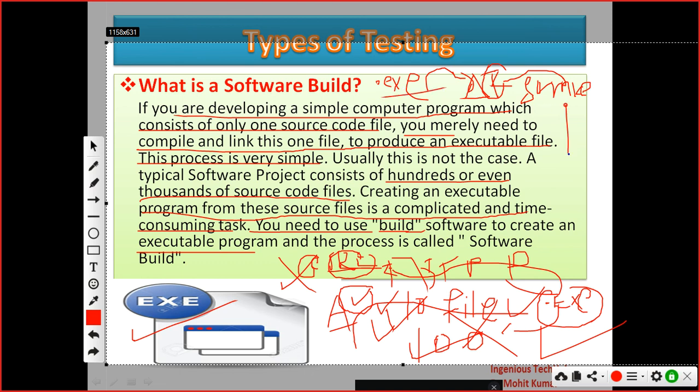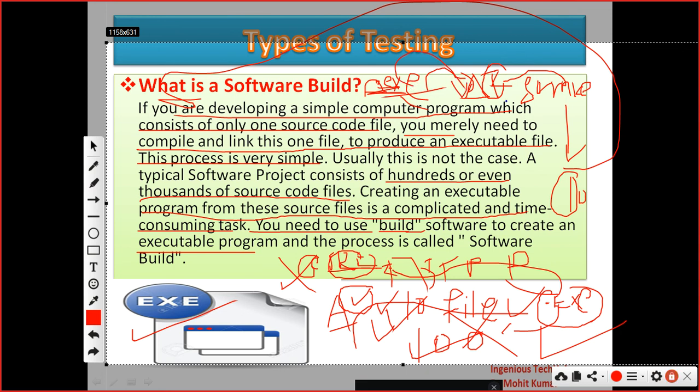What happened after 10 days or after 1 month, the client wants some changes in the existing application. So again, the developer will do some changes, and they will change the same executable file, and again they will deploy this.